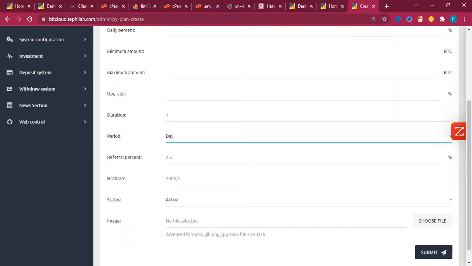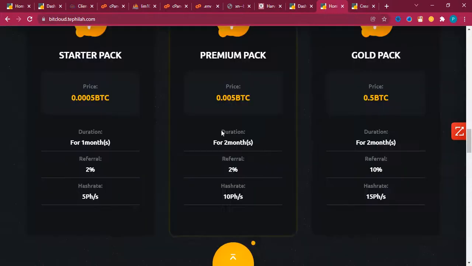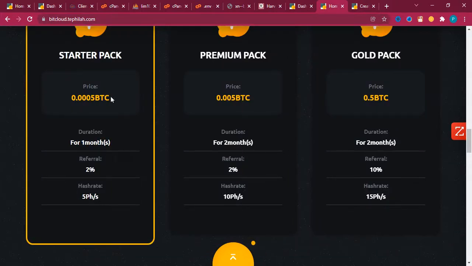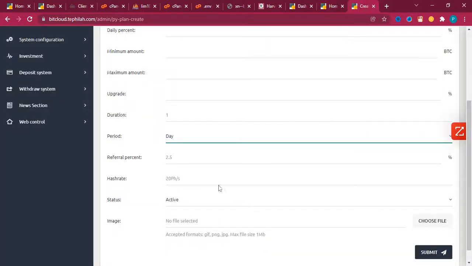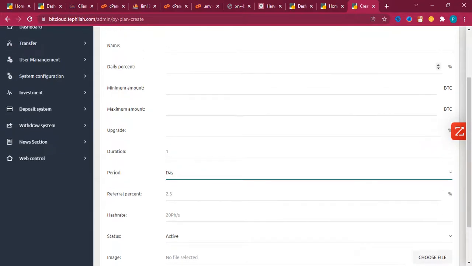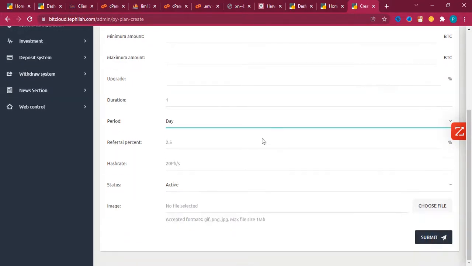You can equally set your own referral percentage, just like you can see on this starter pack. You can see the price in BTC, the duration, the referral earning, the hash rate, the minimum amount of investment, and the daily percentage. You can name it whatever name you want, and you can add a file to it by clicking on choose file.